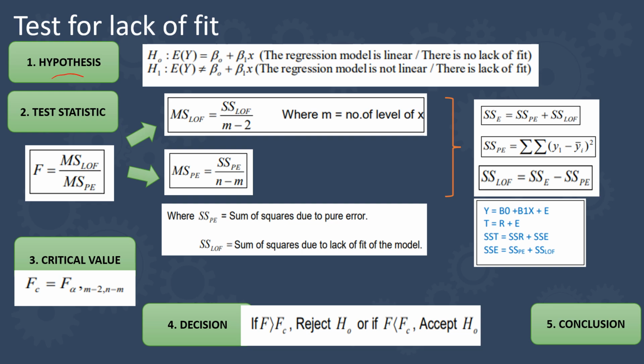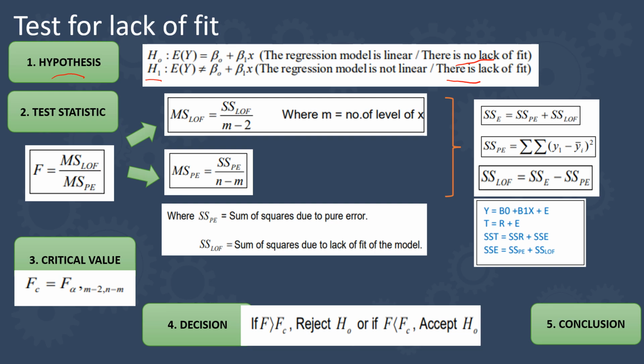We will start with the hypothesis. The null hypothesis says that the model fits the data well, or in other words, there is no significant lack of fit. And the alternative hypothesis, H1, tells us that the model does not fit the data well, indicating a significant lack of fit. Alright, and then to perform this test,